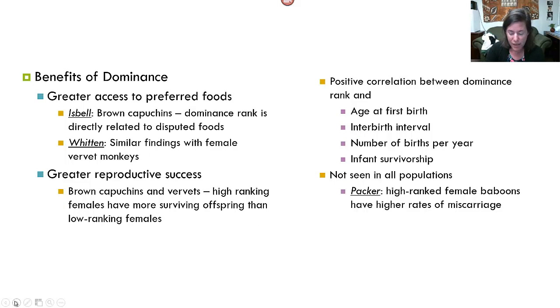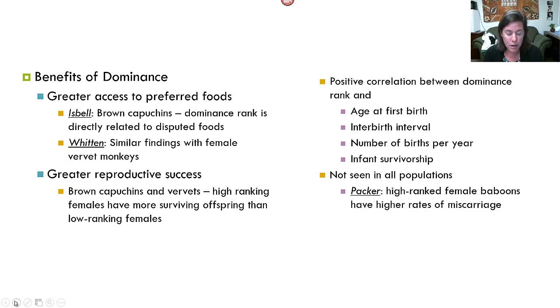So what are the benefits of dominance? Well, to begin with, there is greater access to preferred food. Isbell noted that in brown capuchins, dominance rank is directly related to disputed foods. Higher-ranking females are able to obtain greater access to preferred limited or clump foods, and they're able to feed more efficiently than lower-ranking